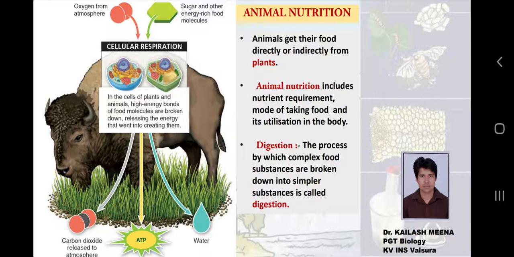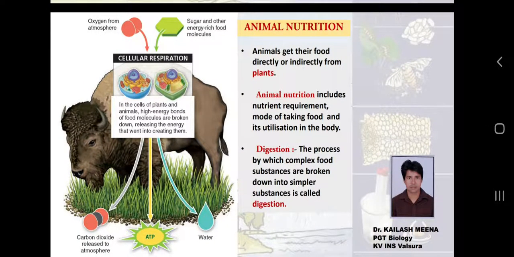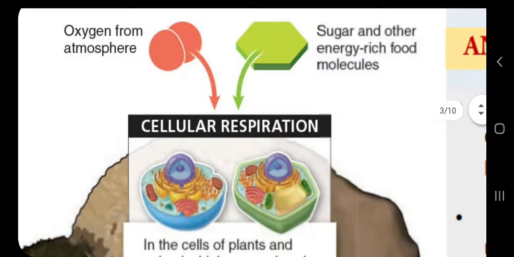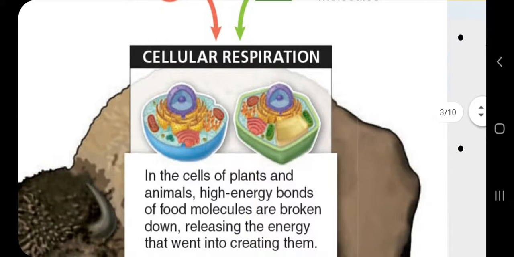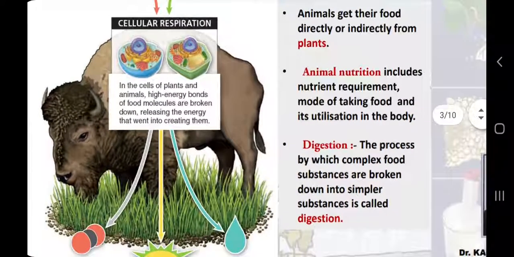So in this picture we see plants and one animal, and here we can see the components which we already discussed in chapter 1, which are oxygen from the atmosphere, sugar, the symbols we already discussed, sugar and energy molecules. And here we can see two types of cells of which we have an elementary idea from chapter 1. The blue one is the animal cell, and the green one is the plant cell.